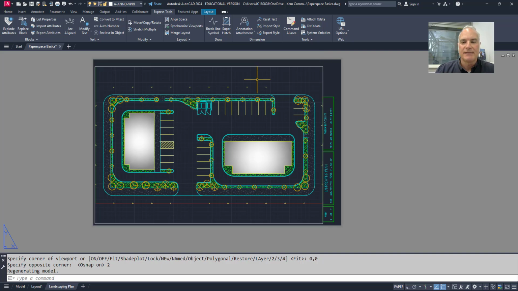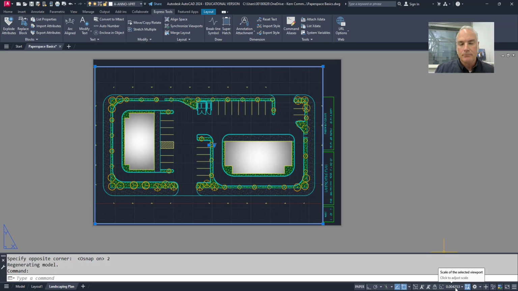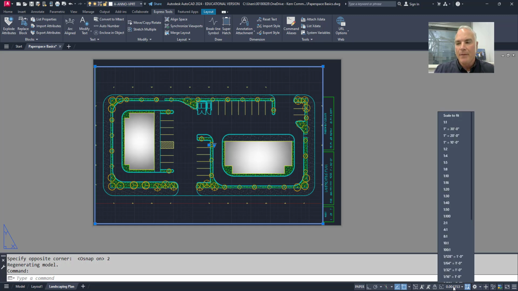Now, what it does is it will display all of the geometry in Modelspace at the largest scale possible. Sometimes that's going to work for you, but most of the time it's probably not. In order to check what scale that is, I can either select the viewport or double click into the viewport, and then look down here on my status bar, and you'll see the scale of the viewport, and it's not anything that really makes any sense. So at this point, I could simply click on there,